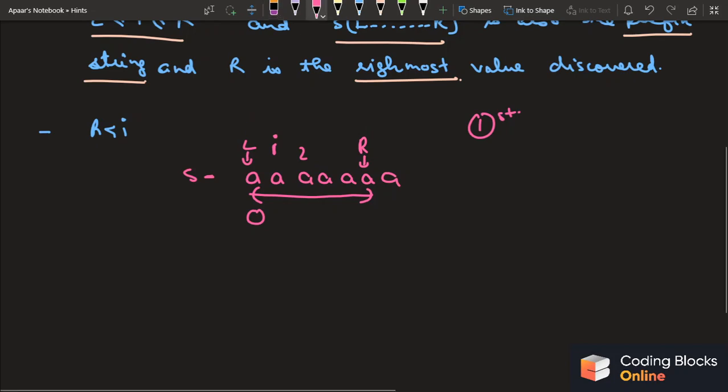And always remember that L is always less than or equal to I. I'm never increasing my L after I. I will always start from the ith index and try to match it on the right hand side. So this is the first part of the algorithm, that we are maintaining an interval that starts from a substring. It's a substring of S, and it's also a prefix of S. So this was about the first case, and now let's talk about the second case.